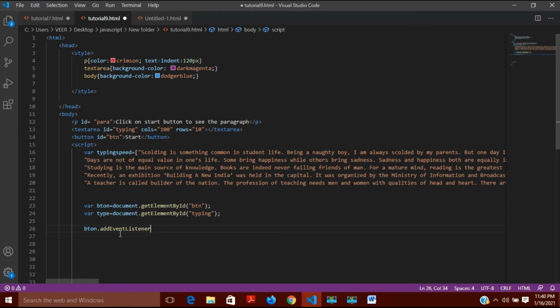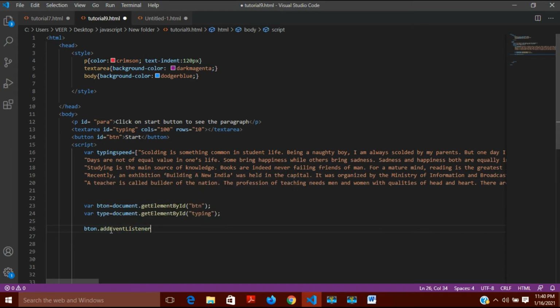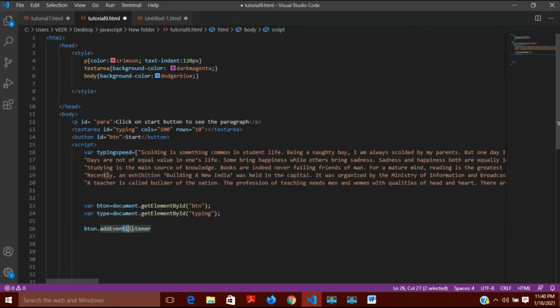You can use tab here because it gives you the suggestion, so you can use tab here and it automatically writes it. It is much better also if you use tab here, because you can see here E must always be greater here, L should also be in capital here. So you may make a mistake while writing it, so you should use tab and it writes it by itself.